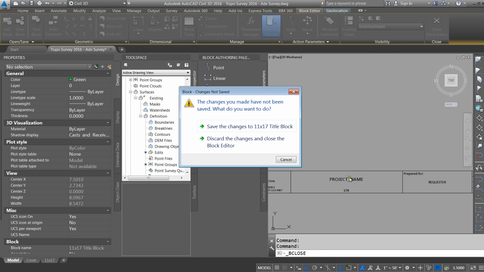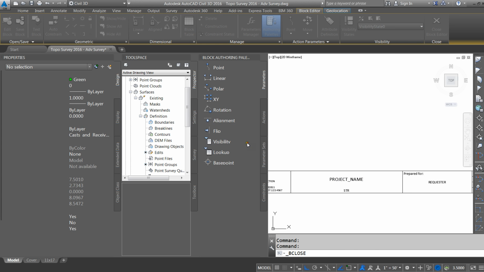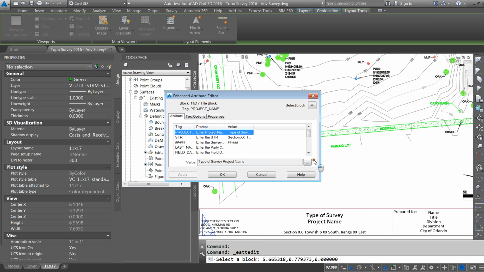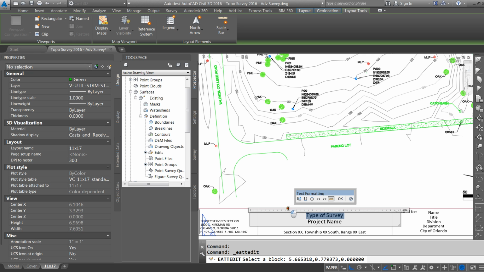And close that. Discard changes. So this is a little different than some of the earlier versions. I need to change some of this types of survey. So I'm going to click these 3 dots, and I'm going to change that, and I'm going to write topographic survey, enter,